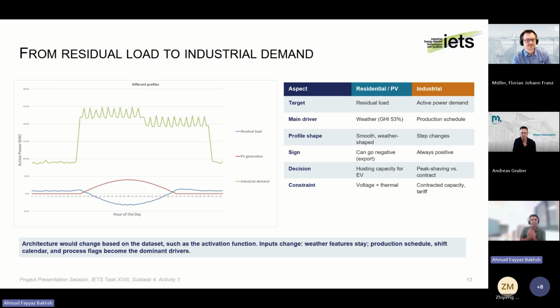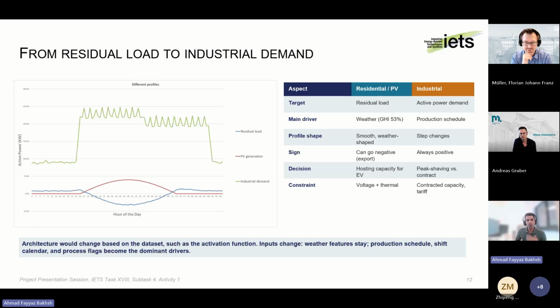Now we want to move from residual load to industrial demand. So how can we use this model? The targets are different here. Here we have residual load, and for the industry, usually we need active power demand. The main driver of the residual load, as we discussed, was global horizontal irradiation. Here we have the production schedule. When we have this production schedule, based on that one, we can have the industrial forecasting